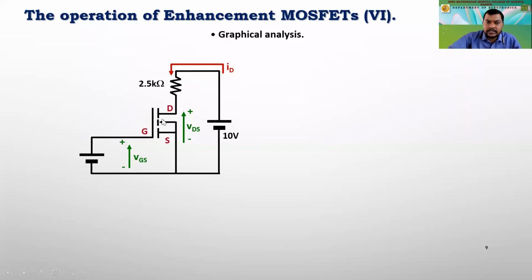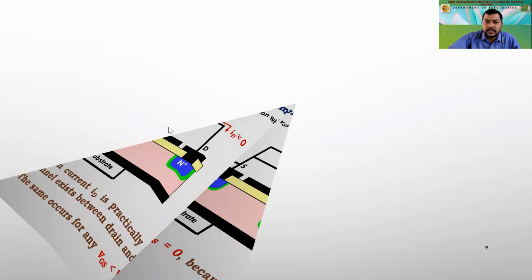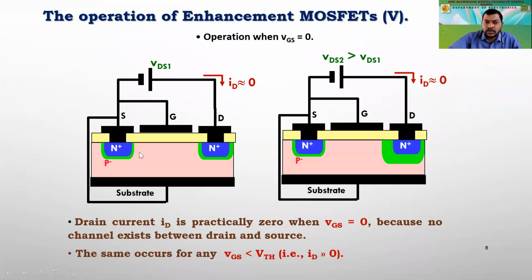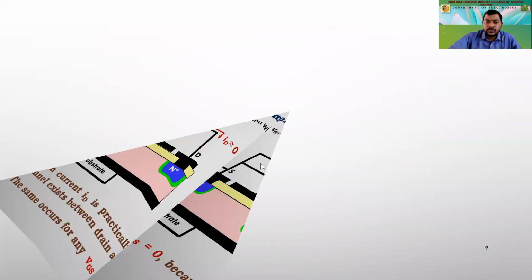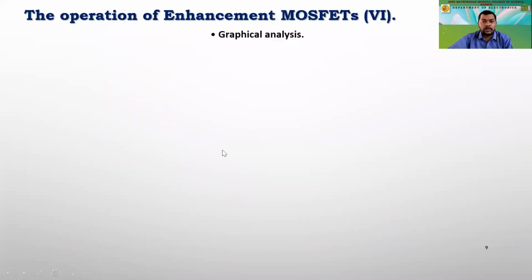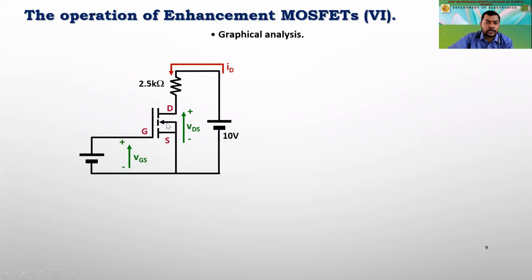As you are able to see, there is a gap. This indicates that whenever we are having a channel like this, there is no electron. So we are having a gap over here, right? These gaps are being shown in the symbol itself. So there is no current flowing through it since it has a gap. As the charges are deposited over here, automatically this gap is filled and the current starts flowing. So this is actually the symbol of the MOSFET.